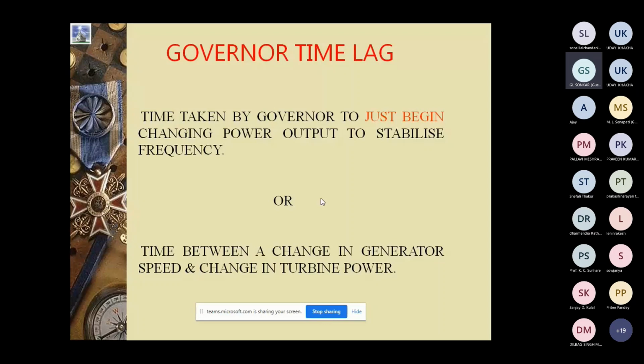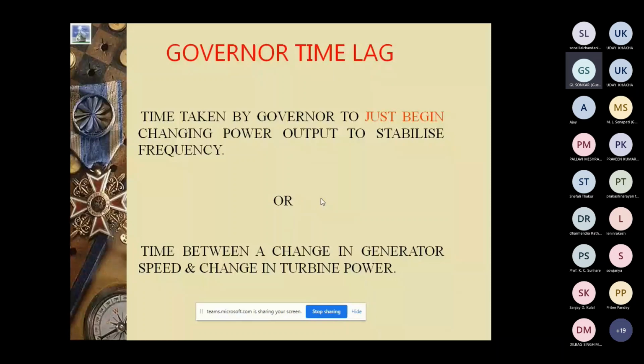The generator speed changes, but how much time does your turbine take to get the power that you need? When the generator speed goes down, if there is a need of power, how much time is the turbine taking? Why is the turbine taking power? It needs water. Who allows the water to flow? Your guide vane is allowing the water to flow. Who is controlling the guide vanes? The governor is controlling the guide vanes. So everything depends on the governor only. So in that particular time, if there is a time lag, who is supposed to take care? The inertia of the unit takes care during the lag time.